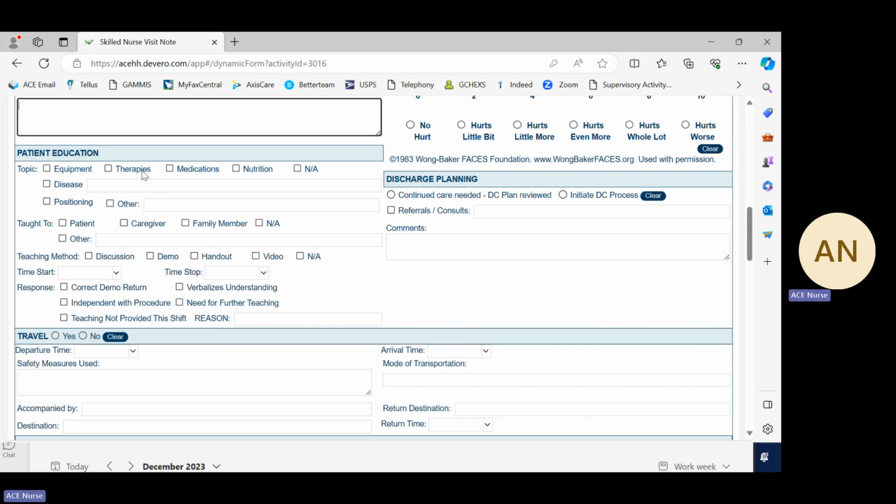Most likely, since you're not a physical therapist or occupational therapist or speech therapist, you may not use therapies a lot. You can use this one sometimes. However, since you are an RN or an LPN, your documentation is going to focus more on medications, disease management,